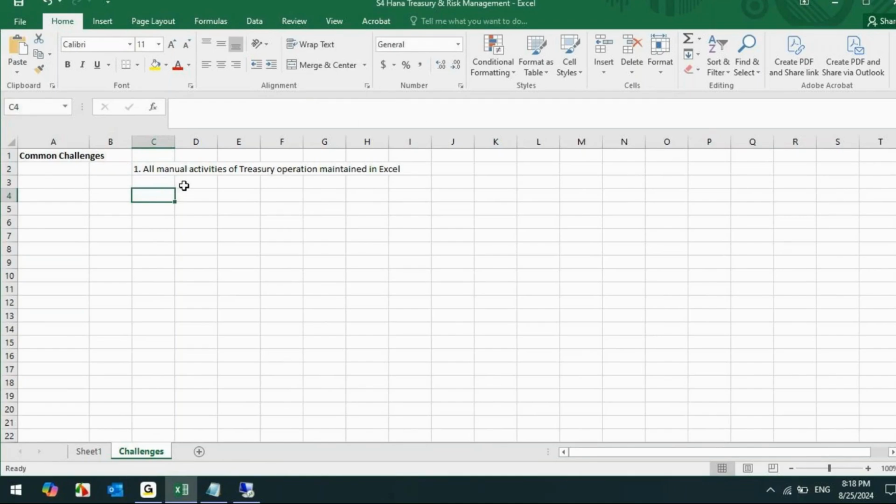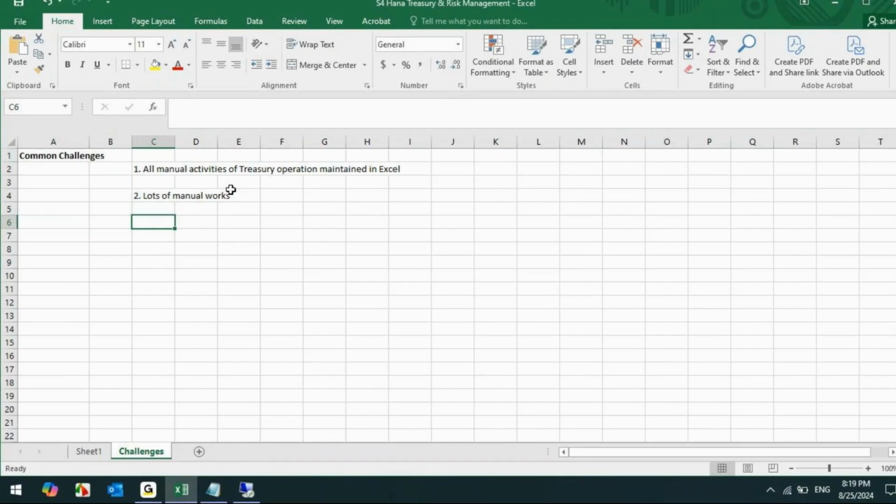You have to do lots of manual work. When you do everything in Excel, you don't have a proper system, so the activities would be huge. It is not like they are maintaining one or two. No, the activities like month-end activities, all sorts of calculations, the risk perspective, the various parameters, various ways of measuring the risk, everything you maintain in Excel. So lots of Excel, not only from the transaction point of view, but also from